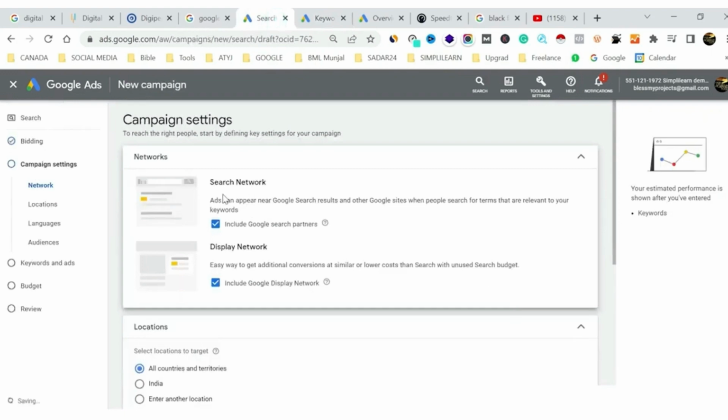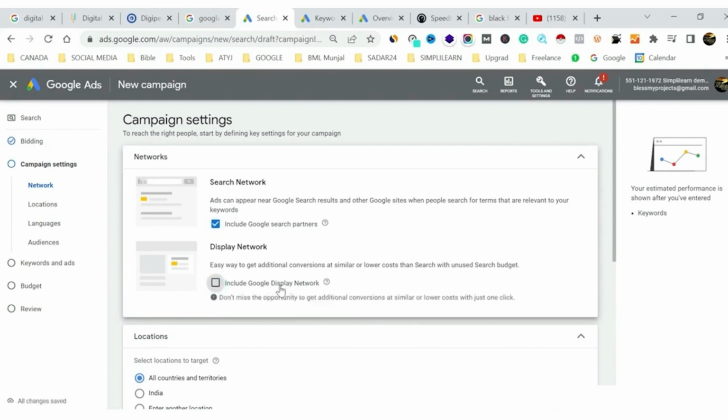Once this is done, then I just select my Google search network. I don't have to select the display network because this is going to put my text ad on different websites and apps. Display network is good when we are running the banner ad, because we are just running the search ad. So we're just going to keep it around the Google search result and Google sites like Google News, Google Maps, Google Shop, Google YouTube. So all the text ad, wherever the placements can be given, it is going to take directly.